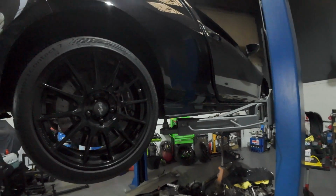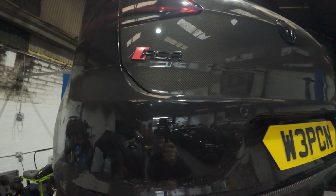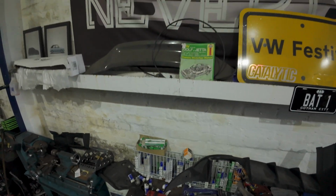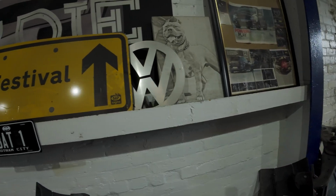What an absolute beast of a motor that is. Well, it says it on the back here. RSR. And the reg plate is just class. Wow. Yeah, I think I'm in love. Chris is a proper VW guy. You've just got it all over. VW Festival, Legends, and then there's